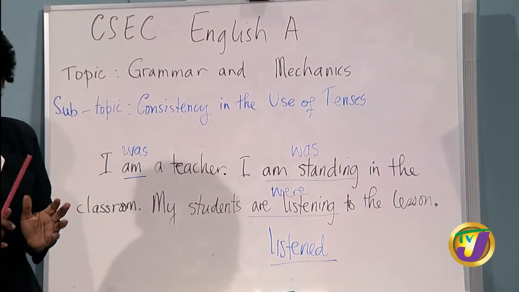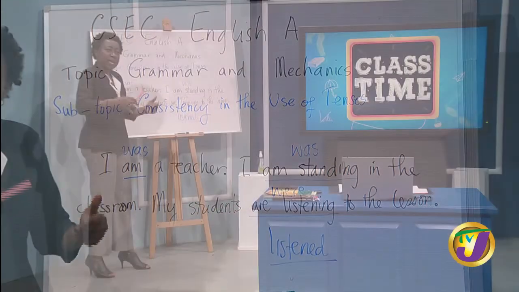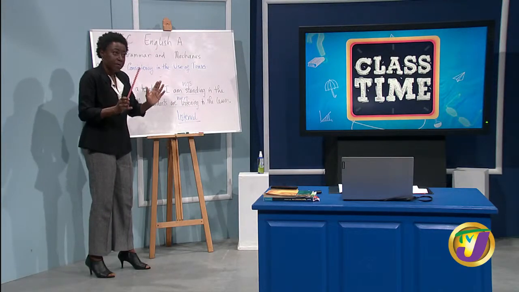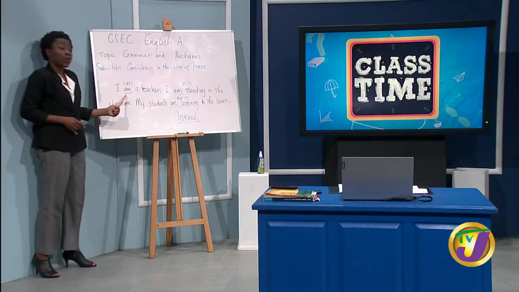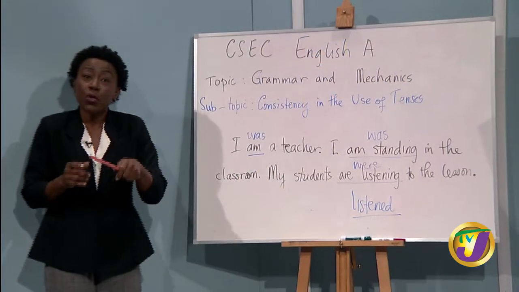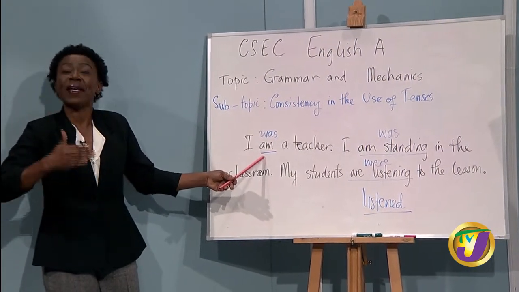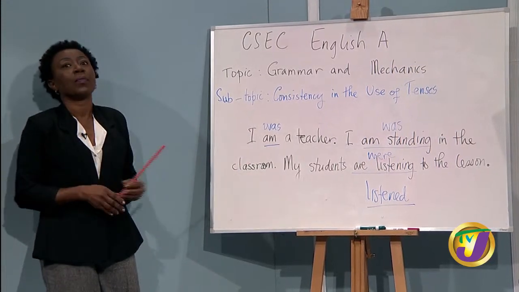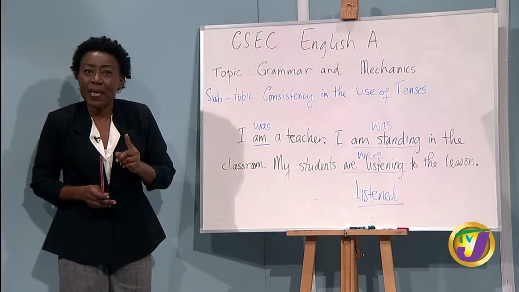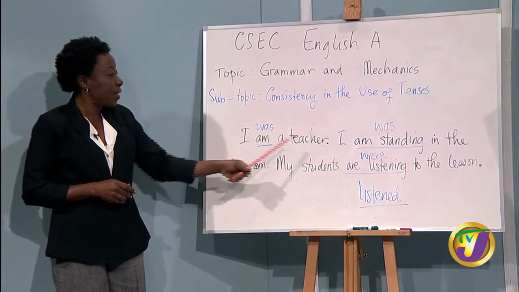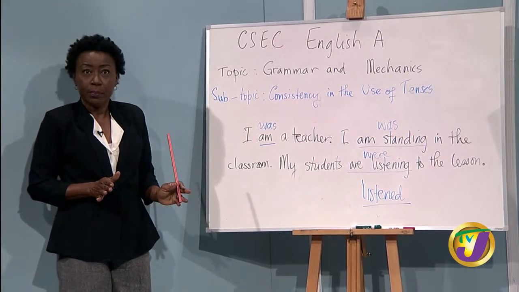Remember what we looked at before. We say the being verbs are is, are, was, were by themselves. That's the reason that I have this first sentence, to show you that it can be in a sentence by itself. It is not helping anything when it is in this first sentence. I am a teacher, full stop.